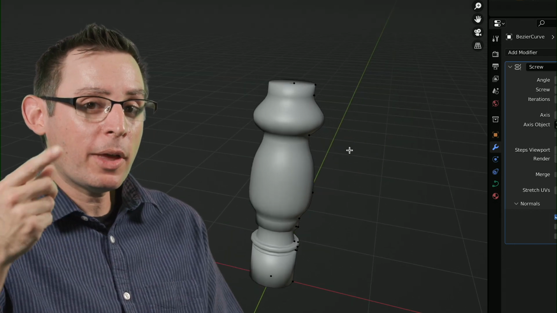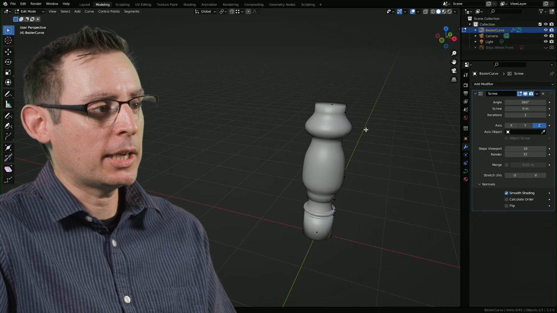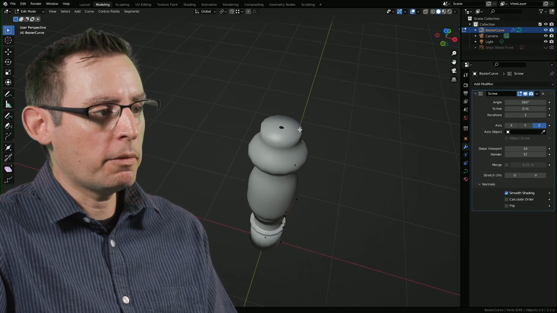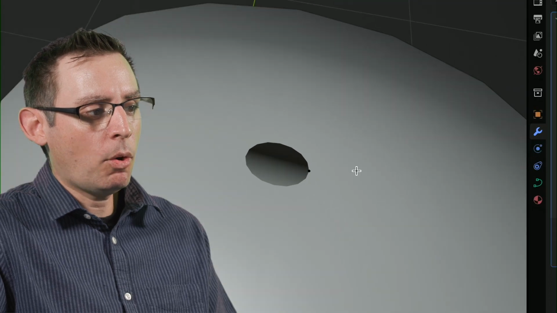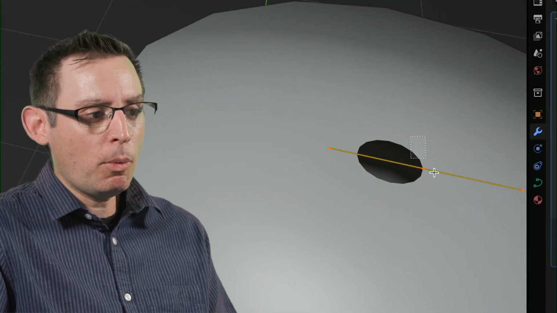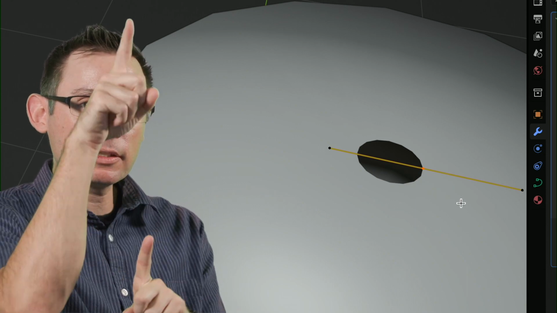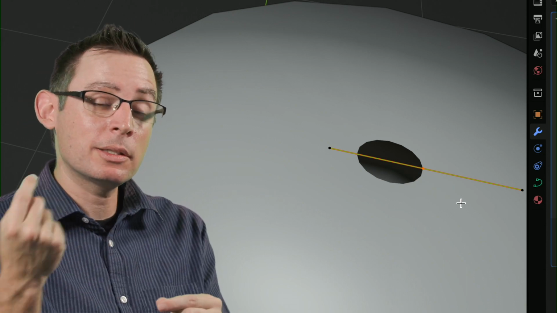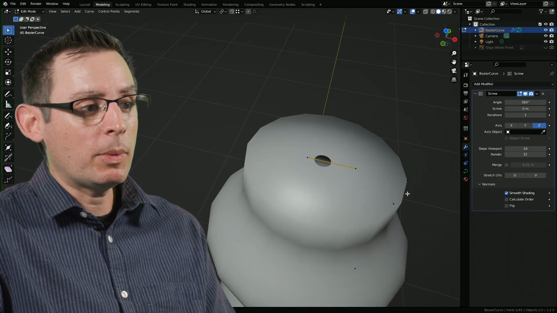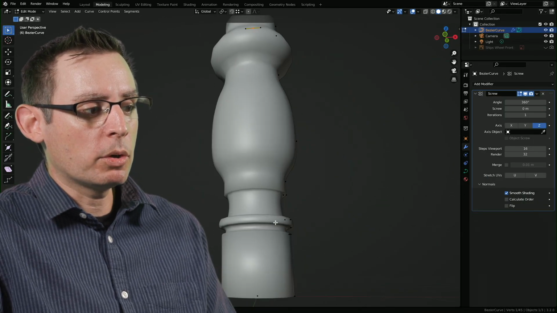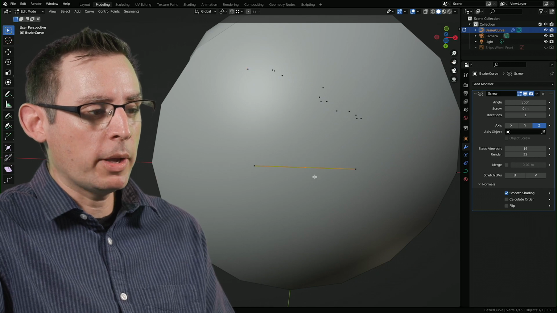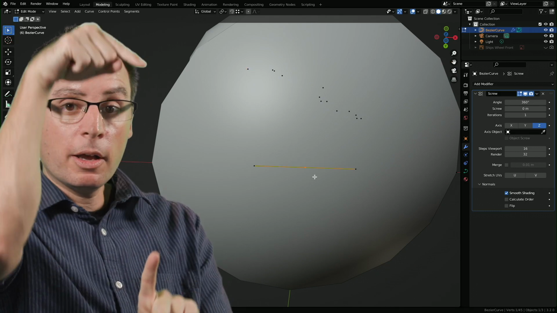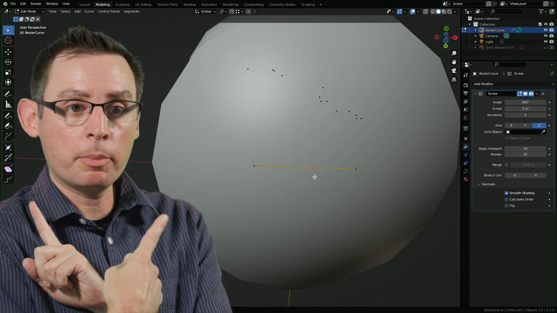With that said, I want you to examine the very tippy top of the model itself. See how we have a hole? This hole in the top of our surface has been generated because this point is not perfectly at the center of that x-axis. We didn't snap that point to the grid like we had done on the bottom. If we were to go down to the bottom, check it out. No hole. That's because that point is perfectly in the center of the axis that we swept our object around.